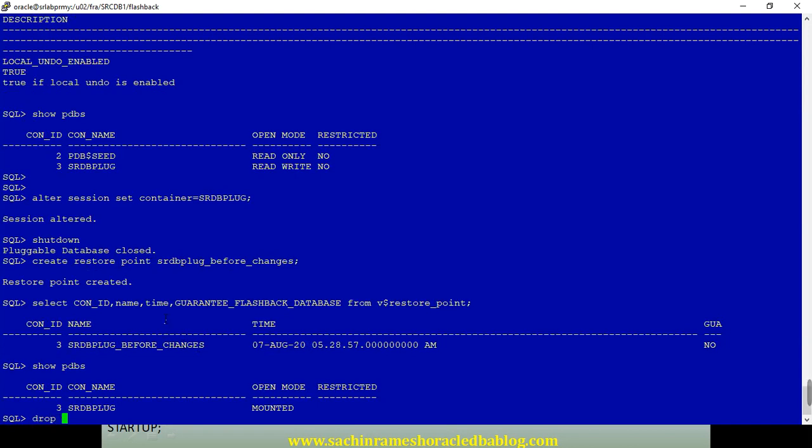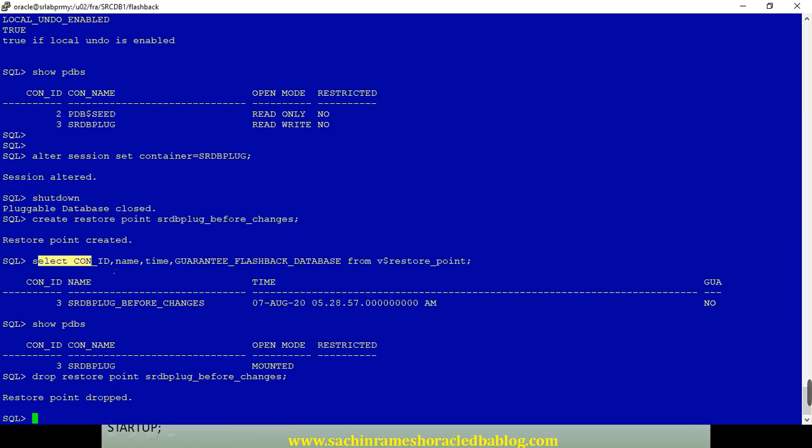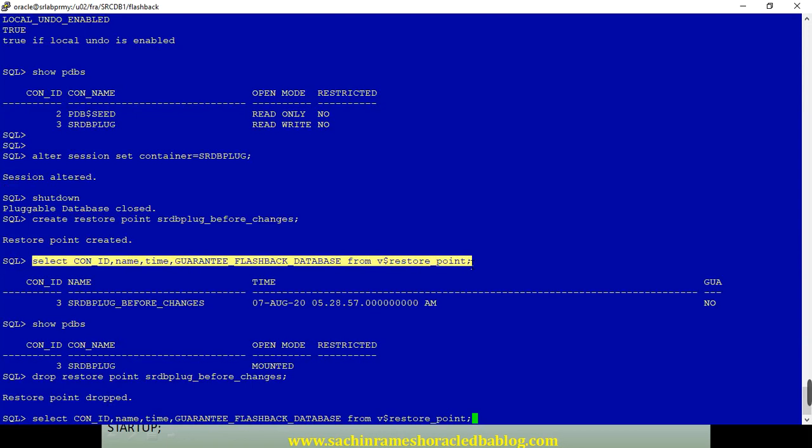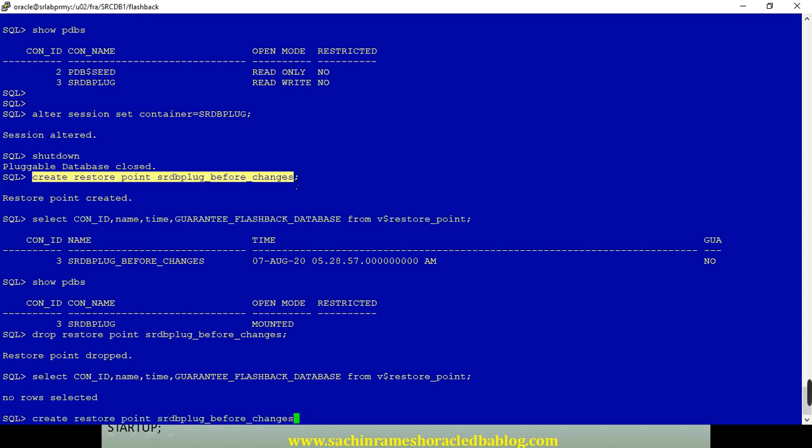And then drop the restore point. So we have done that. So there is no restore point. The same way we have created the guarantee flashback restore point also.